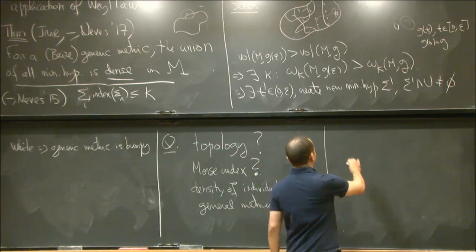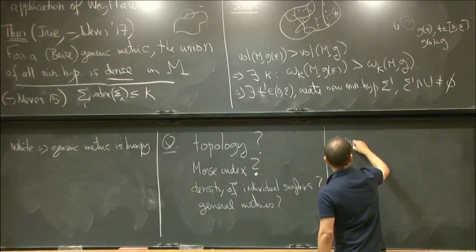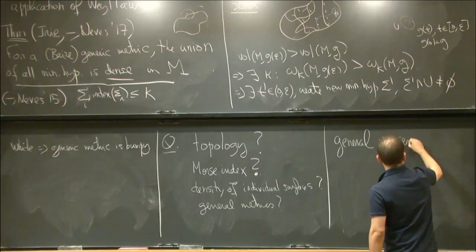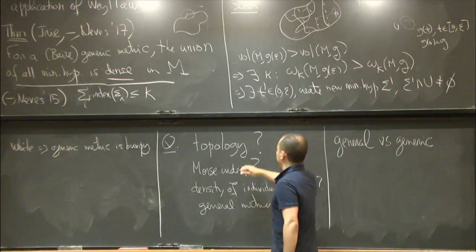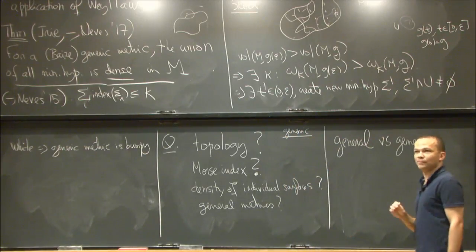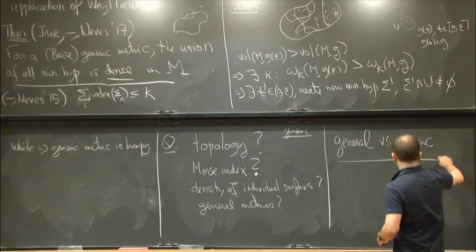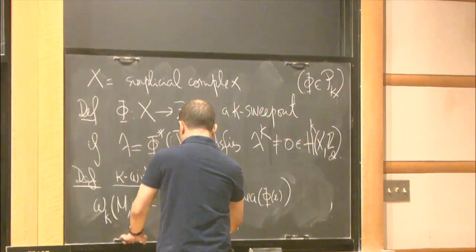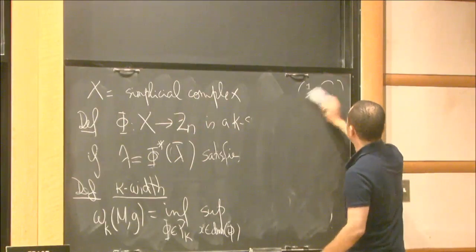Now let's talk about some other things one can do. There's the question of what you can do for general metrics versus generic. I thought you were talking about the general thing, but you were saying the generic. Yeah, this is generic. So general versus generic. For general metrics, you're actually very happy that there is a result.